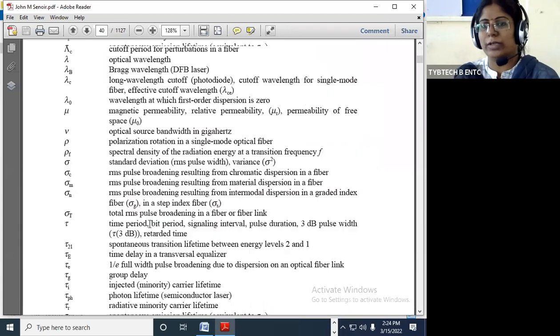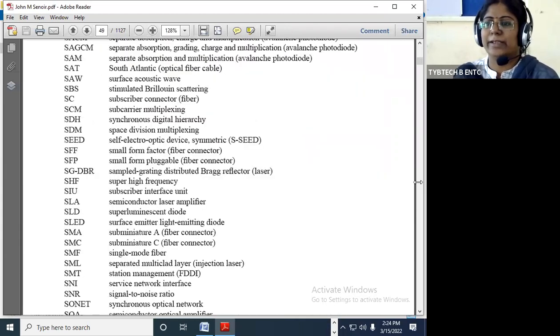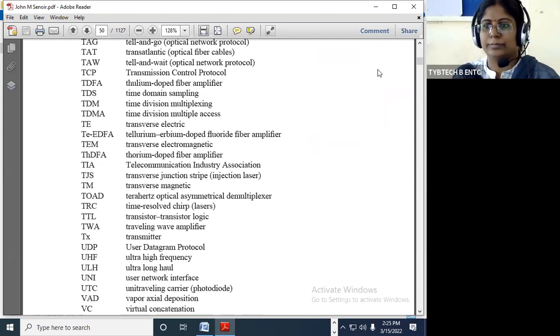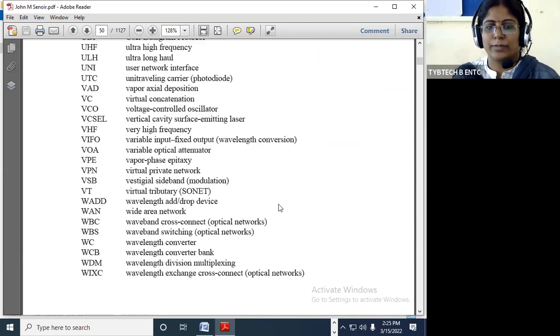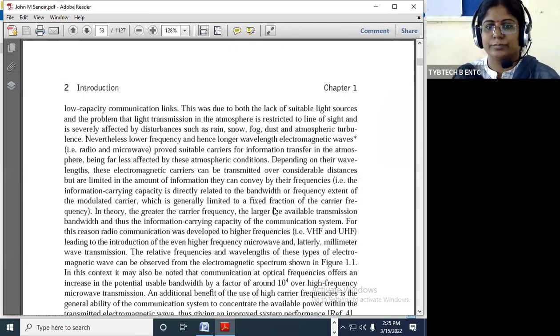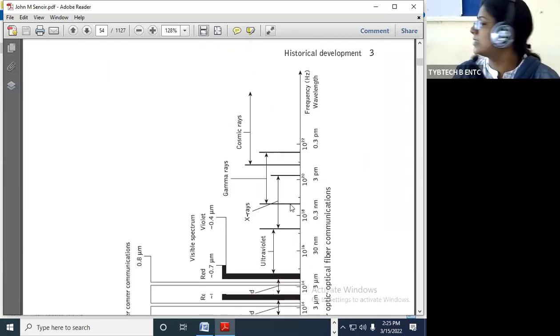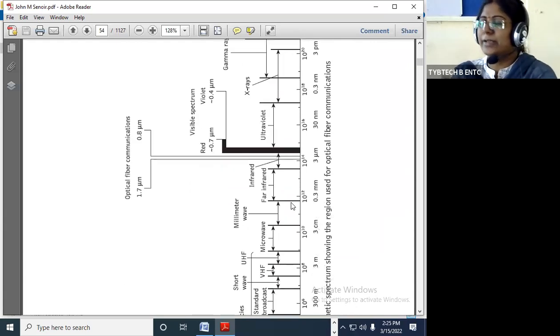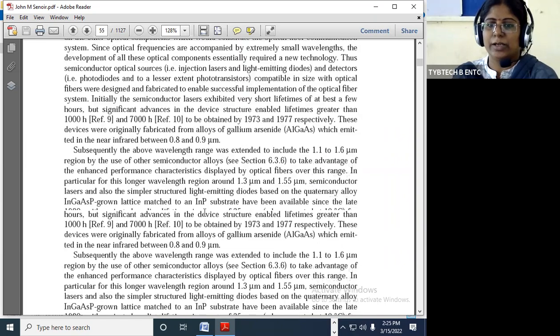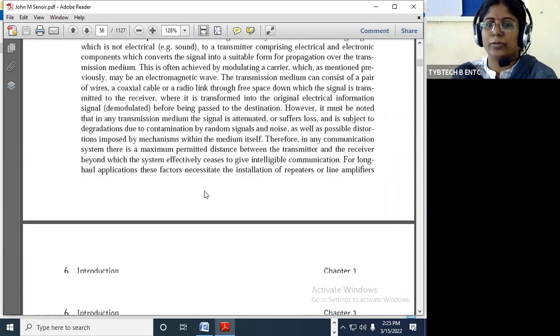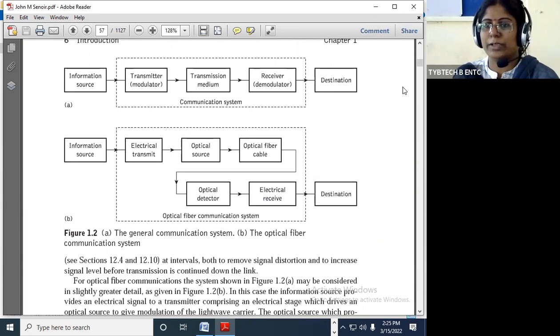So in this book, at the first chapter, see, I was telling you about this graph. This graph is showing the history of fiber optic cable. कुठल्या रेंज मध्ये कुठली फ्रिक्वेन्सी आपण यूज करतोय, that is shown in this particular graph. Okay, so I want to show you basically this diagram about the optical communication system, which will clear your concept